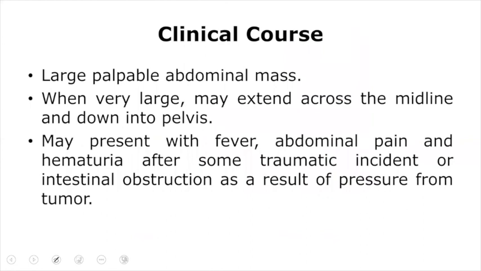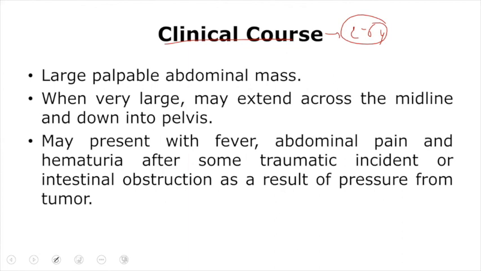So let us talk about the pathological part of the Wilms tumor. How does the child present with a Wilms tumor? As I've already said, it will be a child whose age is usually 2 to 6 years, and this is the peak incidence, because more than 90% of cases will occur at an age less than 10 years.